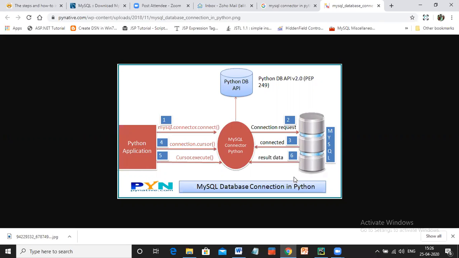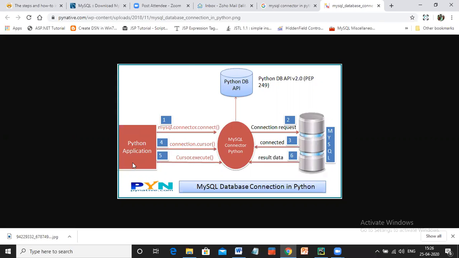So a database is the thing which holds a lot of tables, and tables are what store the actual data. This image tells us that you will be connecting to a particular database in MySQL.